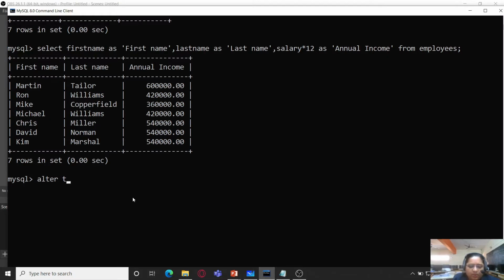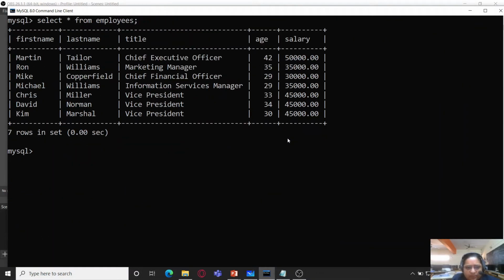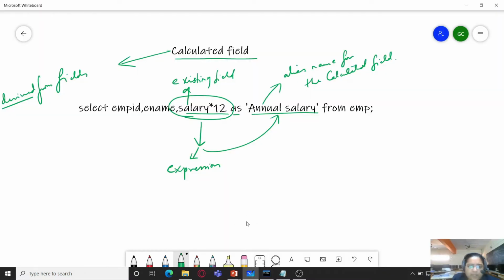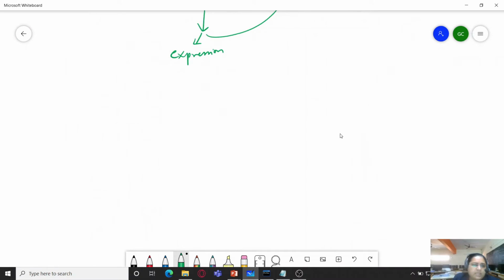So here already the table is like this. You can see that there is no field named commission. So what we are going to do is add another field named commission over here using the alter table command. And the alter table command is used to make any changes into the table.